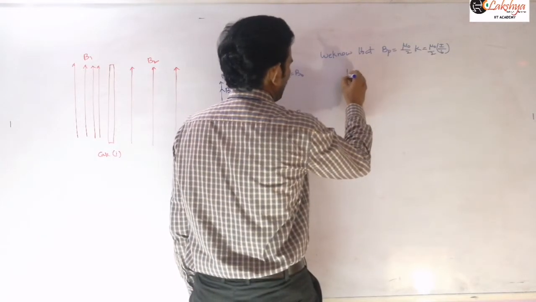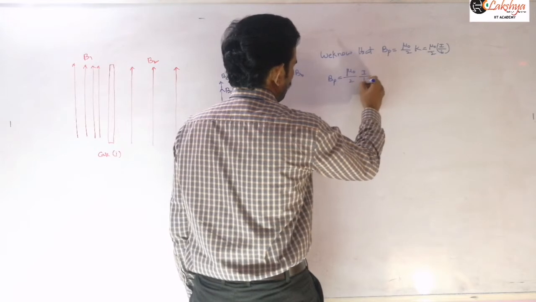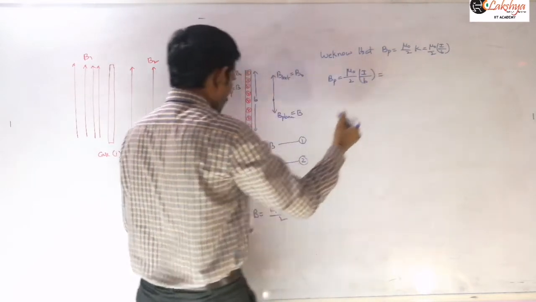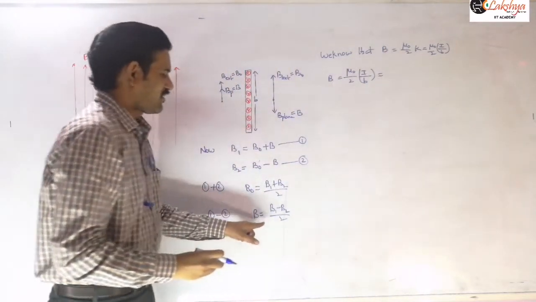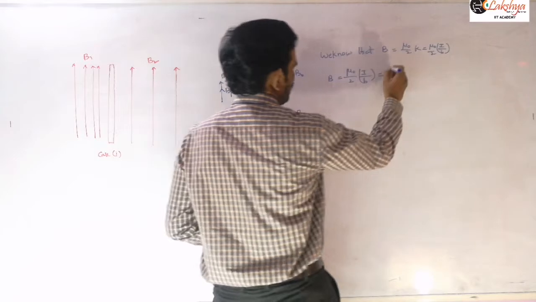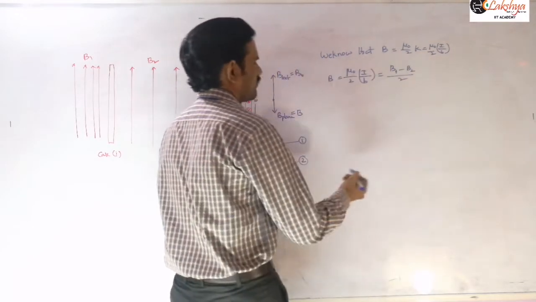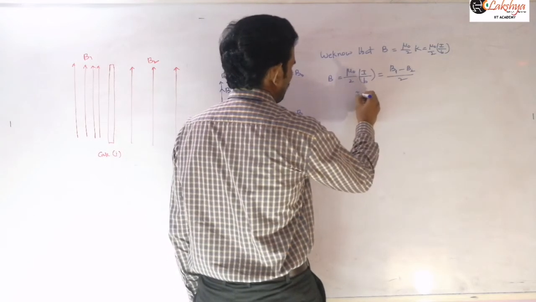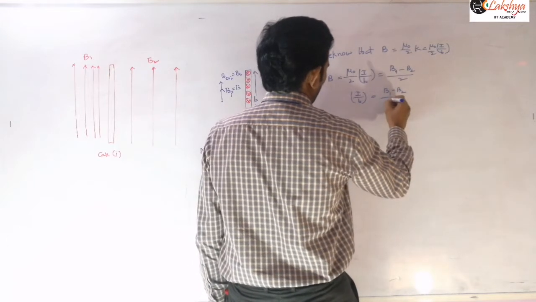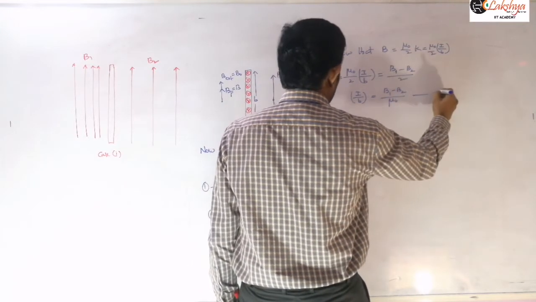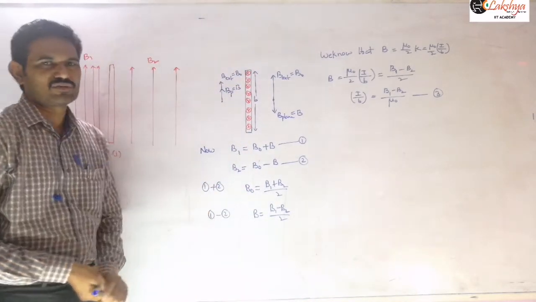And so now from this, what you can write is: μ0/2 times the magnetic field due to this plane is equal to I by B, where B is just B, that we are representing with B only. Then that B value we can equate with this, so I can write this as (B1 minus B2) by 2, right? Then from this you can substitute this value as I by B equals (B1 minus B2) by μ0. Suppose I am taking this as equation 3. Is it clear? Now that is the current per unit width value.